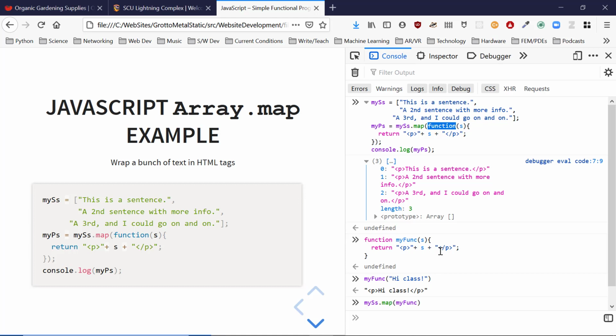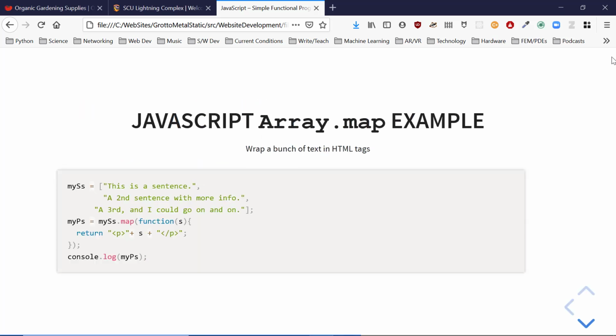Otherwise, I will create a separate function. But these two, the end effect is the same. I run a function on every element of the array, and that produces a new array. Map. Nice. Did we have to say iterate over everything? No, we didn't. Do we have to use a for loop? No, we didn't. Professor, what if I need to keep track of